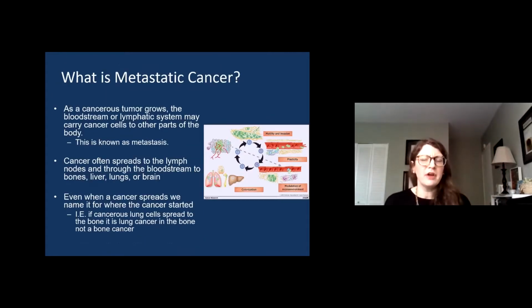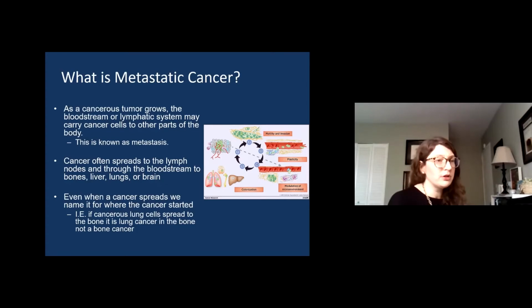A lot of times we talk about metastatic cancer. So what is metastatic cancer? Metastatic cancer is when those cells break away from the organ in which they started and move around the body. This can occur through a system called the lymph system, which is connected to our lymph nodes and is part of the immune system, or it can spread through the blood. So cancer cells can break away, move through the lymph system and deposit in lymph nodes that are head to toe in our body, or can break away and spread through the blood and form masses in other organs.